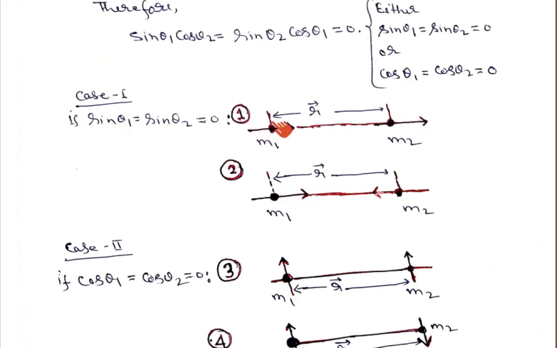If we draw the dipole alignment, similarly, another possibility is that here, if you see, they are aligned parallel, or they can align anti-parallel, meaning dipole M1 should be along this direction and dipole M2 should be along this direction. So both possibilities are there. Sin theta 1 and sin theta 2, in both cases the angle is equal to 0. Here theta 1 becomes 0, here theta 2 also becomes 0. So they can align either parallel or anti-parallel. So this is the first possibility and this is the second possibility, which can be obtained by this condition, sin theta 1 is equal to sin theta 2 equal to 0.